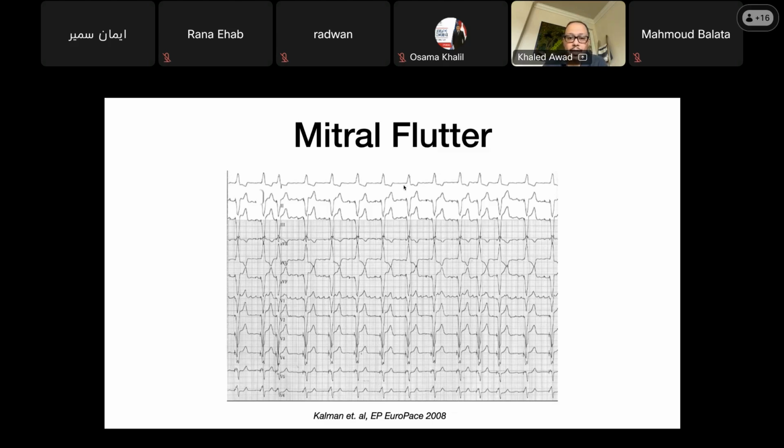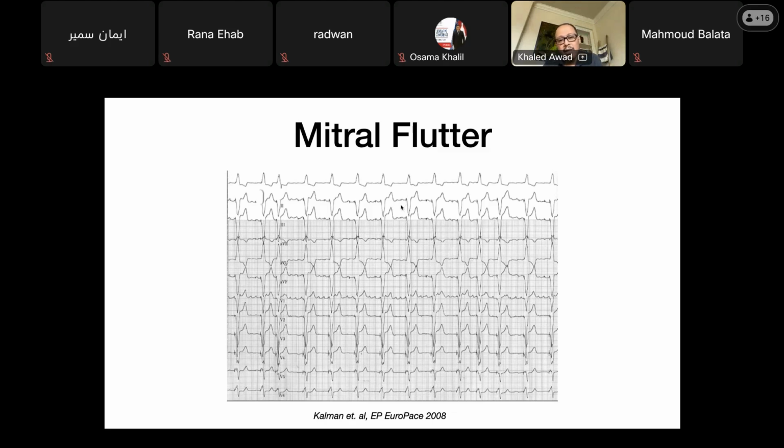Okay, well, how are we doing in the inferior leads? We're a little positive in the inferior leads, not positive enough to call it left atrial appendage. That's a little higher. And at the same time, we're flat. The left atrial appendage would be very negative in the lateral leads. So that makes me think of mitral flutter. Now, mitral flutter comes in 2 flavors. We will talk about it in a second, but